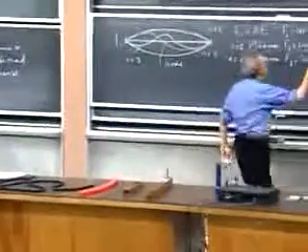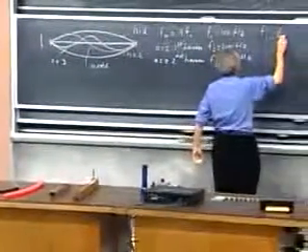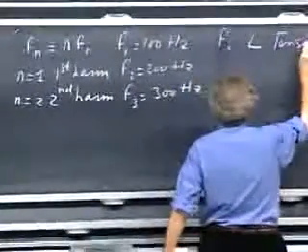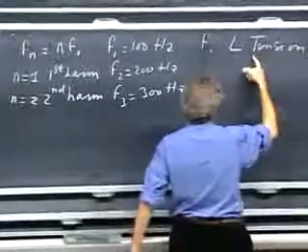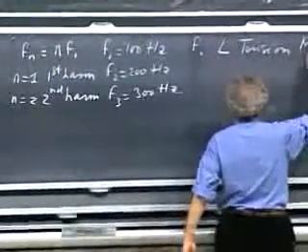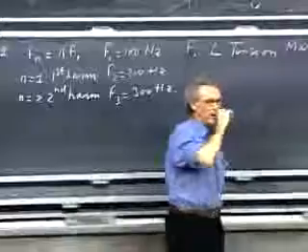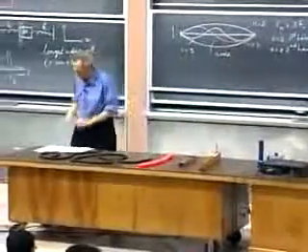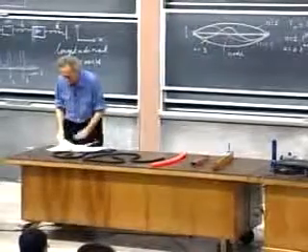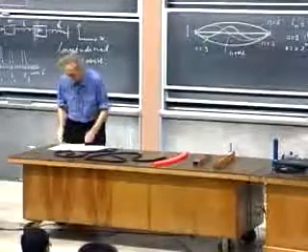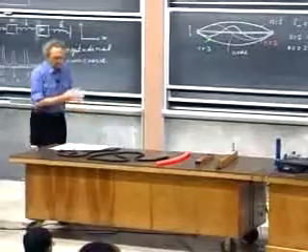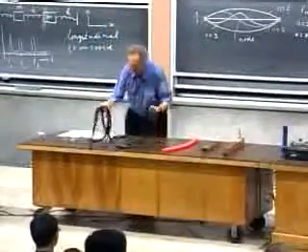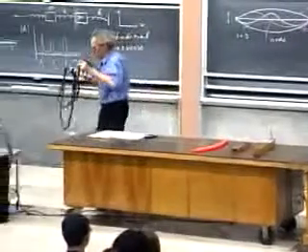F1 depends on the length of the string, on the tension. I will write tension, don't confuse this with period, and it depends on the mass of the string. Without going into the detail how the dependence is, these are the parameters that determine the first harmonic. I have here a very special violin string, or piano string, whatever you want to call this, and we can